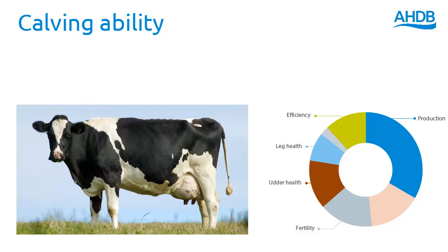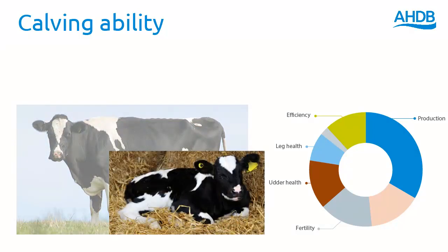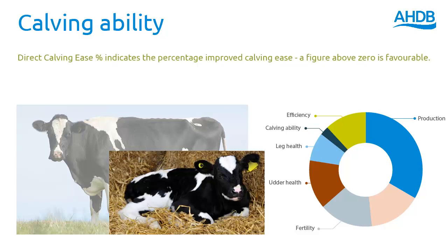Calving ability. At the end of the pregnancy period, we focus on the calving ability of the cow and calf. For this, we publish 2 separate PTAs. The first of which, and most often simply referred to as bull's calving ease figures, is the direct calving ease percentage. This is a figure which indicates the percentage improved calving ease that you can expect as a result of using a particular bull. For use in maiden heifers or general improvement in calving ease, a figure above 0 is